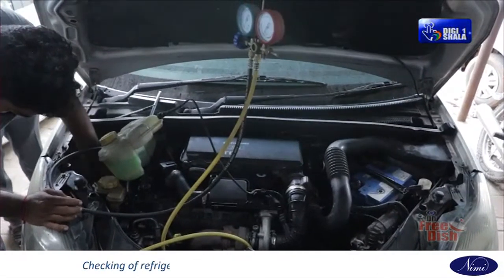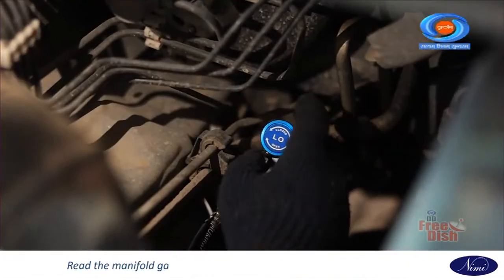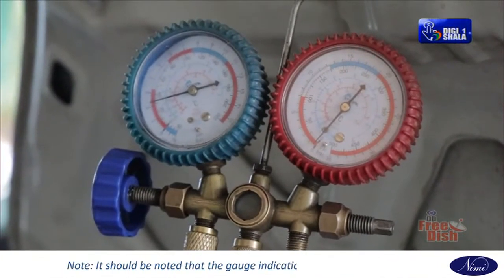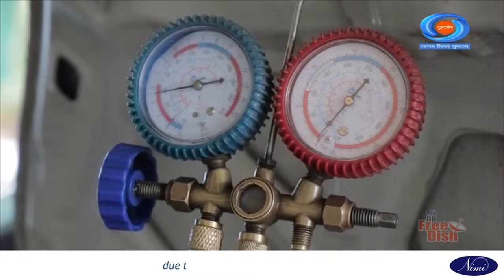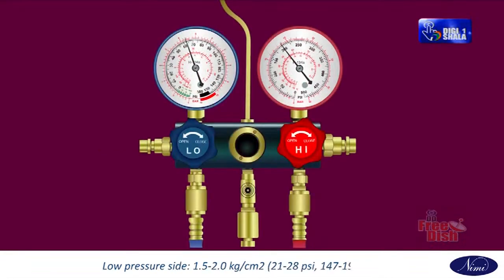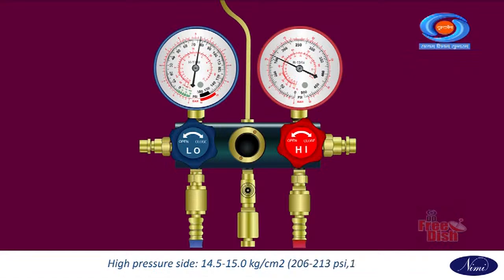Procedure. Checking of refrigeration system with manifold high or low pressure gauge. Read the manifold gauge pressure with the following established conditions. Note: it should be noted that the gauge indications may vary slightly due to ambient temperature conditions. Normally functioning refrigeration system. Low pressure side: 1.5 to 2 kg per centimeter square, 21 to 28 psi, 147 to 196 kPa. High pressure side: 14.5 to 15 kg per centimeter square, 206 to 213 psi,